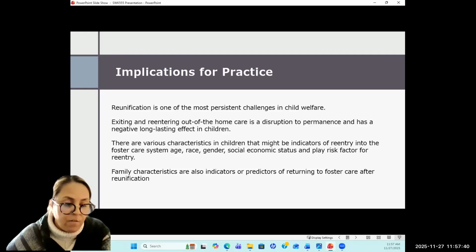Some of the caregivers and family characteristics are also predictors of returning to foster care after reunification: lower parenting skills, substance misuse by the parents or the caregivers, parents who had a higher level of unstable mental health issues, and criminal records are also at the higher risk of the spectrum.